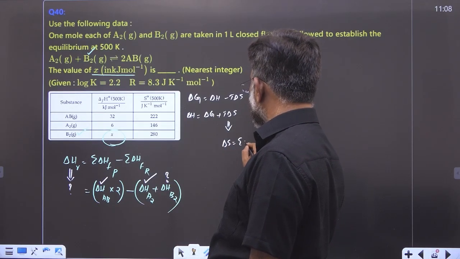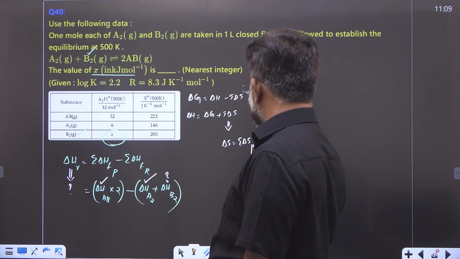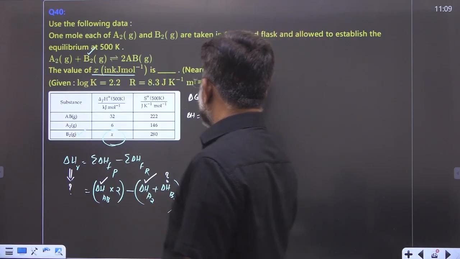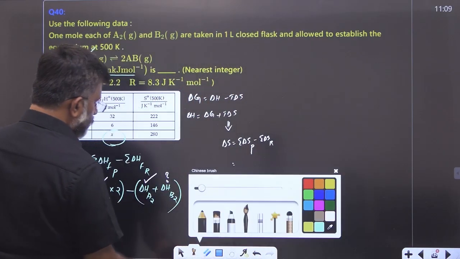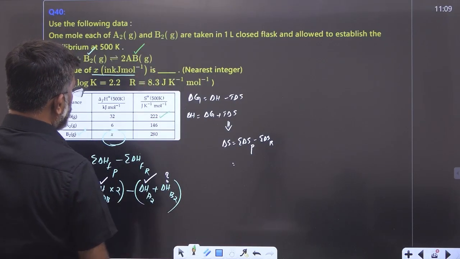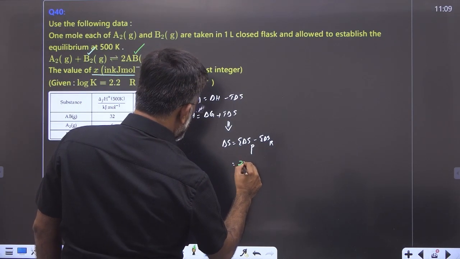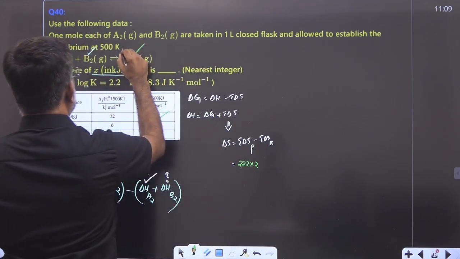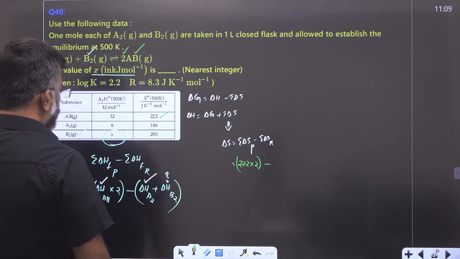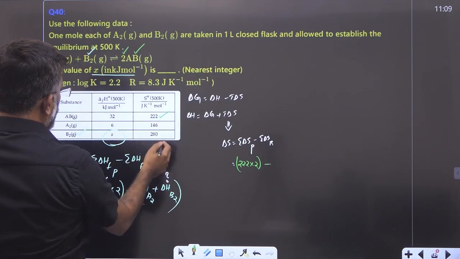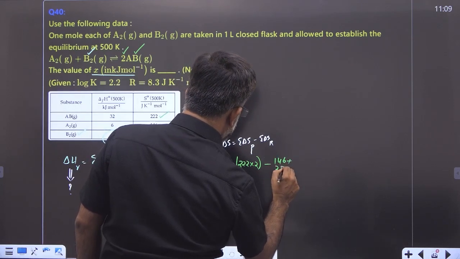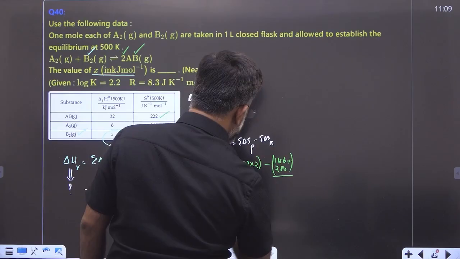Delta S equals the sum of delta S of products minus the sum of delta S of reactants, isn't it? Into T. What is delta S? Delta S product, that is AB, so it is 222 into 2, minus 146 into 1 and 280 into 1. So it is 146 plus 280. Isn't it? That will be